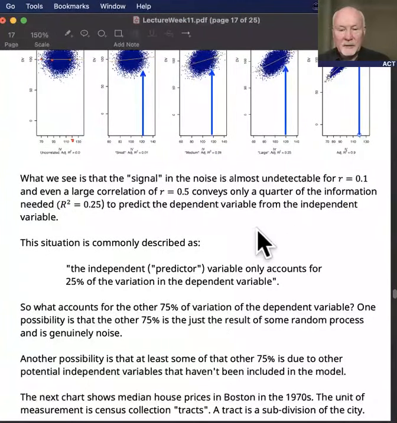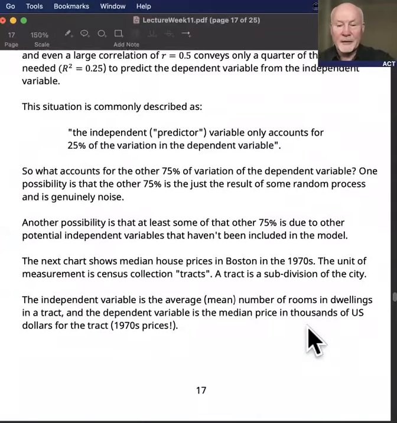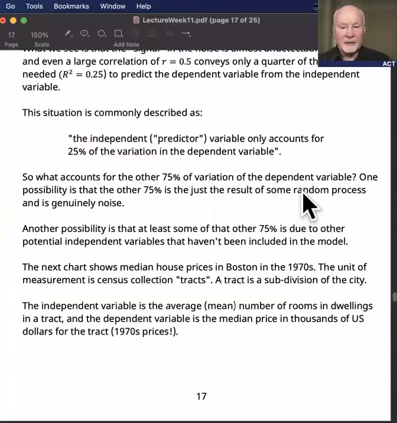So the way this is commonly expressed is we say, look, this is for an R squared of 0.25, 25%. The independent predictor variable only accounts for 25% of the variation in the dependent variable. So the question we would have then, if we're interested in causation, is what accounts for the other 75%? Well, it's possible that it's just a very noisy random process, and that other 75% is just genuinely